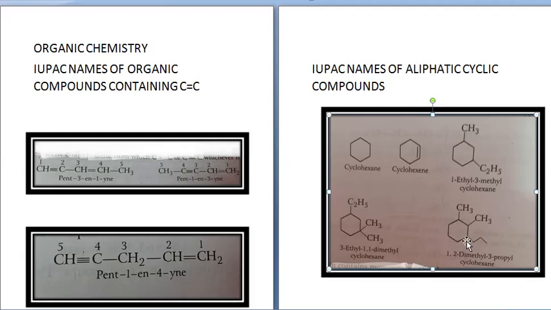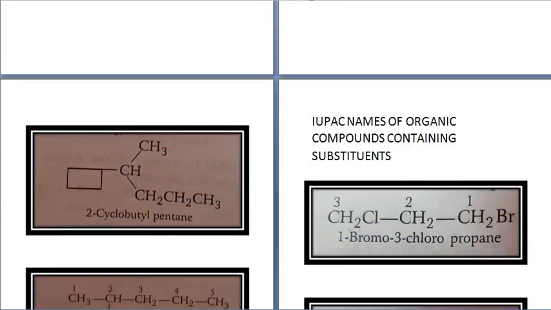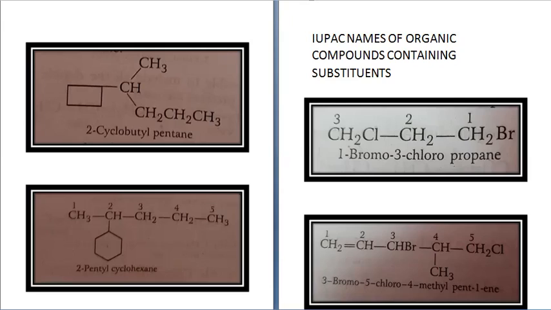Now in this case, see, on this there are 2 methyl groups, and here there is C2H5. So now the numbering will be done from this carbon, 1, 2 and 3. So you will get 3-ethyl-1,1-dimethylcyclohexane. Numbering from this carbon, but when you are naming it, the side chains have to be named alphabetically. So ethyl will be named first. 3-ethyl-1,1-dimethylcyclohexane.